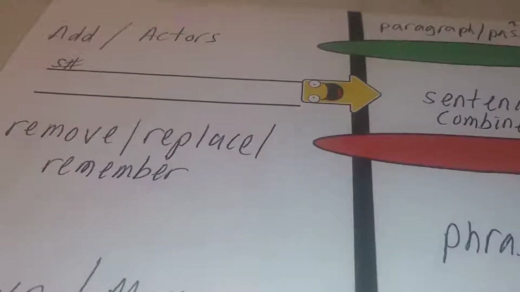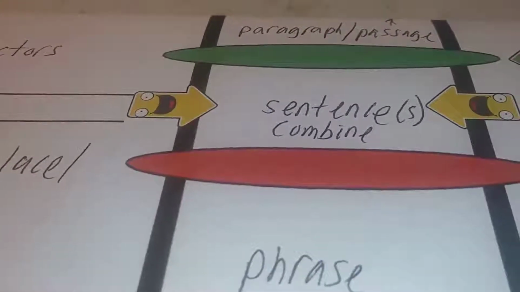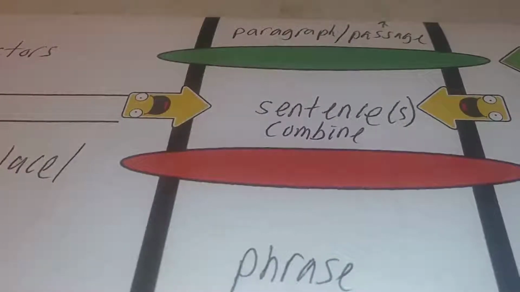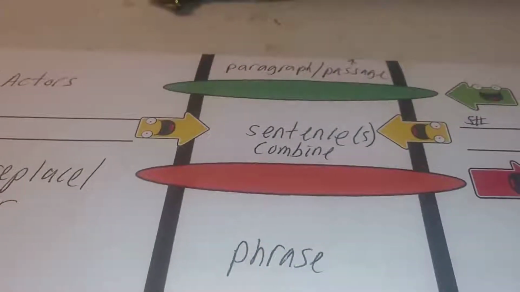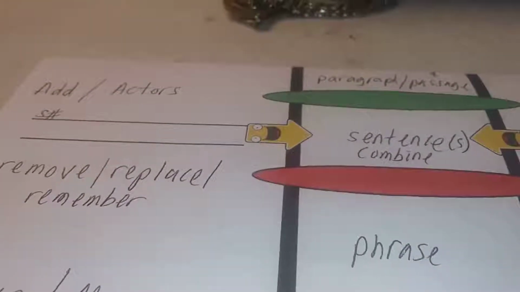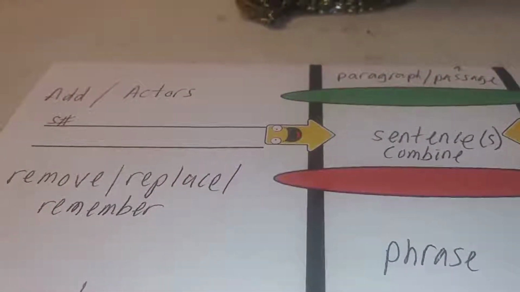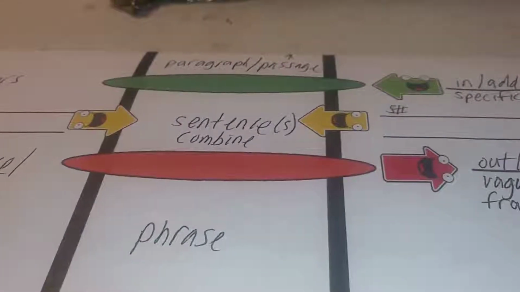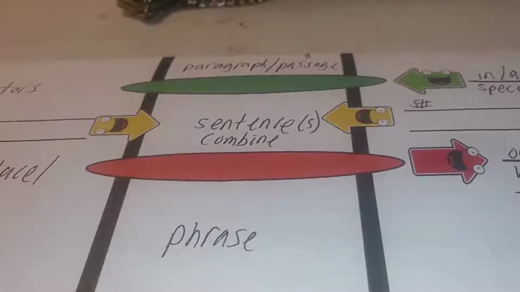The next one is the sentence level. They might ask you what sentence could be added to support the main idea of a paragraph. What sentence could be added to support the previous sentence, or the one that's most difficult for kids, they'll say, what is one way to combine sentences blank and blank? So here on these lines, your students would write the keywords. Let's say you're doing sentence 5 and you're trying to combine it with sentence 6. Well, the kids would write down the keywords of sentences 5 and 6